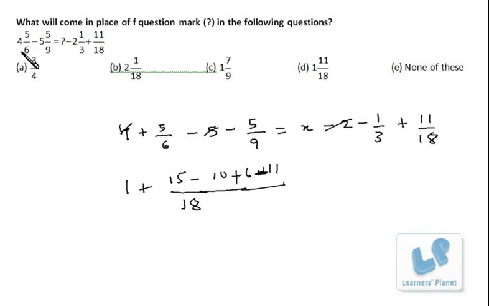What most of the students do, they just convert this mixed fraction into a proper or improper fraction. That becomes very tedious. In fact, this will be 6 4s are 24 plus 5, 29 by 6, right? So your calculation unnecessarily becomes tedious. So instead of that, you just break this mixed fraction into integer and proper fraction this way, right? So the calculation becomes so simple. Let's take the next problem.